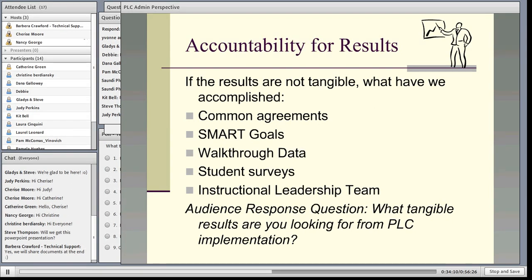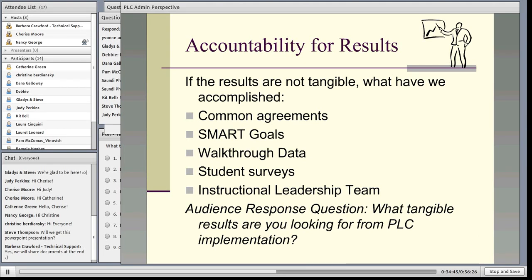And I always tell our teachers, you can be a wonderful teacher, but if the students aren't learning, then you're not successful, and we need to step back and look at what we need to shift to be successful. So we have placed a heavy emphasis on accountability and results. And initially, that made a lot of people uncomfortable. But what we've tried to help the staff understand is that that doesn't have to be evaluative. It simply means that we all have a responsibility.